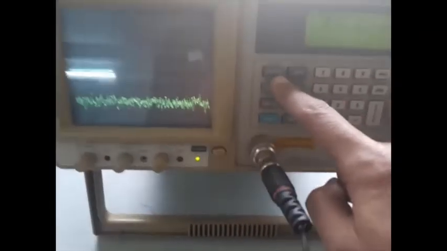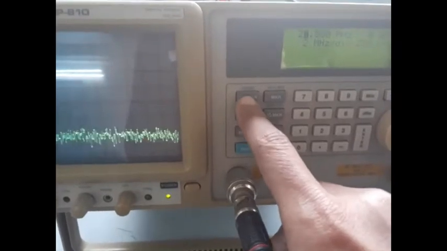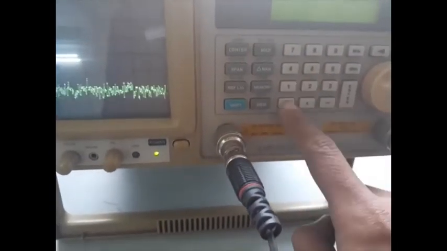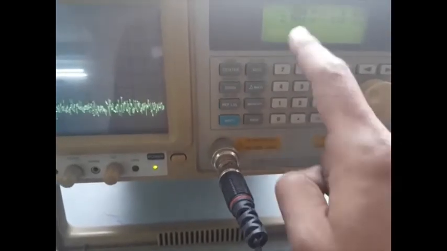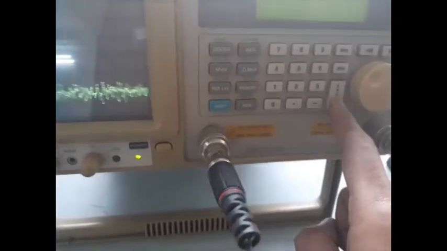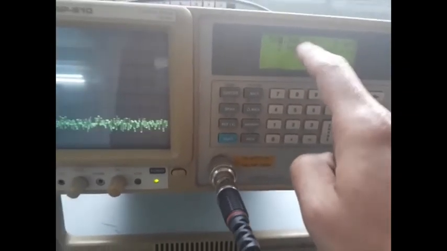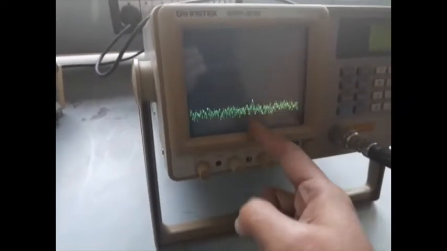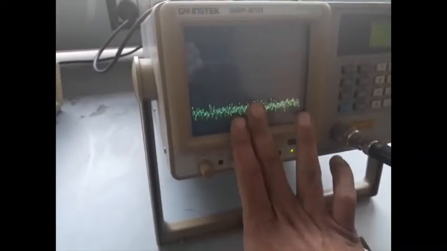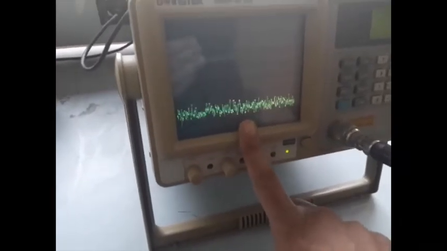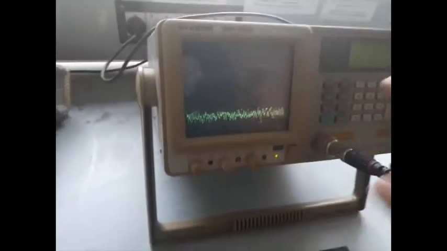So you press this center frequency and write 500, megahertz is the unit, press enter. So now 500 megahertz is the center frequency. Center frequency means the frequency at this point. The frequency at this midpoint is 500 megahertz, right?